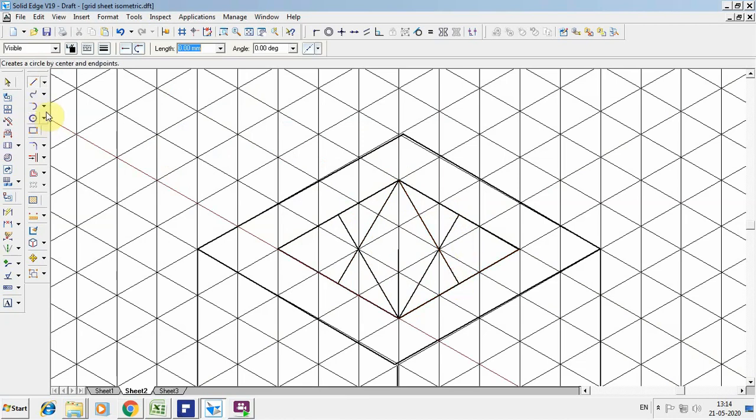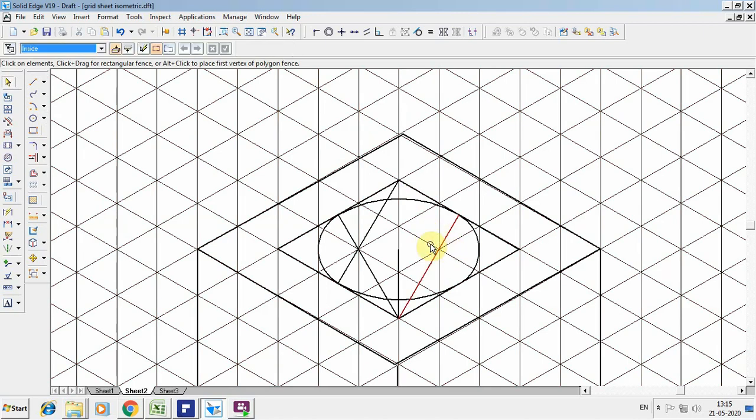Now go for the arc by center point. Select this point as the center and this as the radius, and draw the arc. Similarly from here, this as the center and this as the radius, I draw the arc. Then take the intersection point of this, take the radius like this and draw the arc. Similarly on the opposite side, draw the arc. Once you complete the circle, go for the trim option, or in a sketchbook you can erase, keeping just the center point visible, and the things you have done for the construction can be removed.